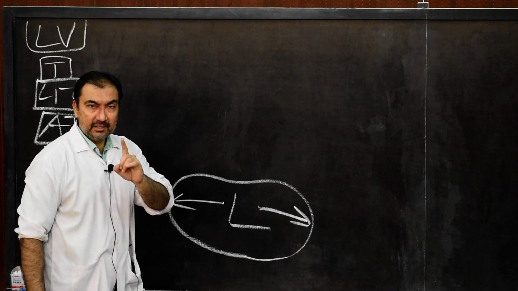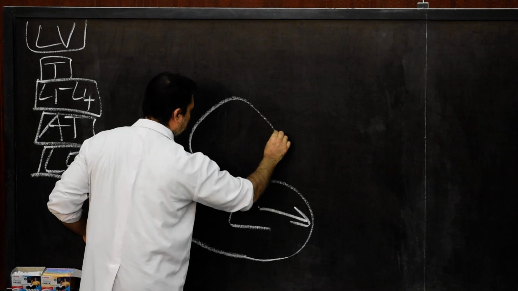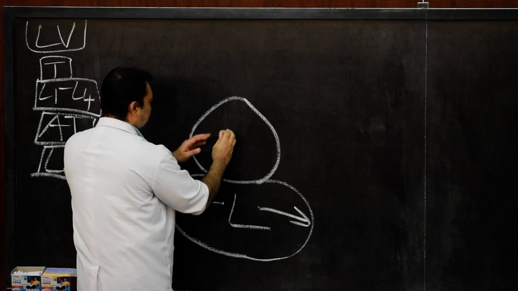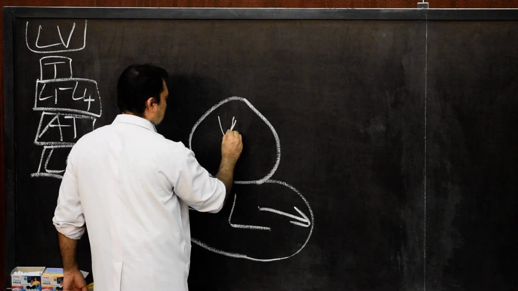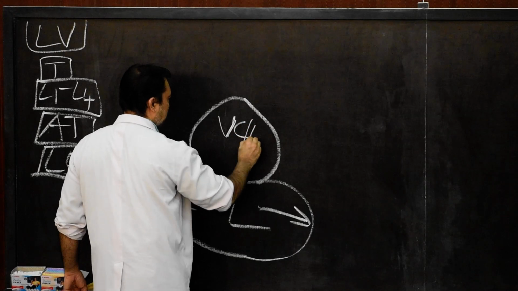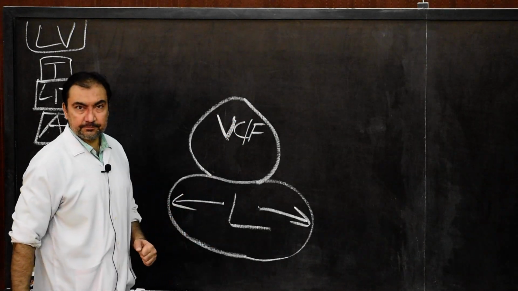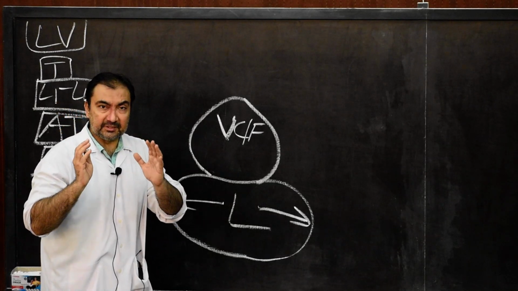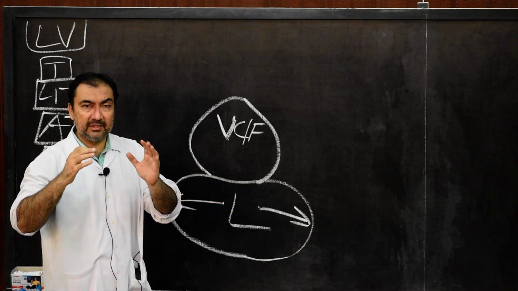That is one. Number two, the vertebral canal, this vertebral foramen, will be enlarged and triangular. So this is the vertebral canal or vertebral foramen. It is enlarged and triangular. Then we come to the transverse process. Remember, these are the features of typical lumbar vertebrae, L1, L2, L3, L4.